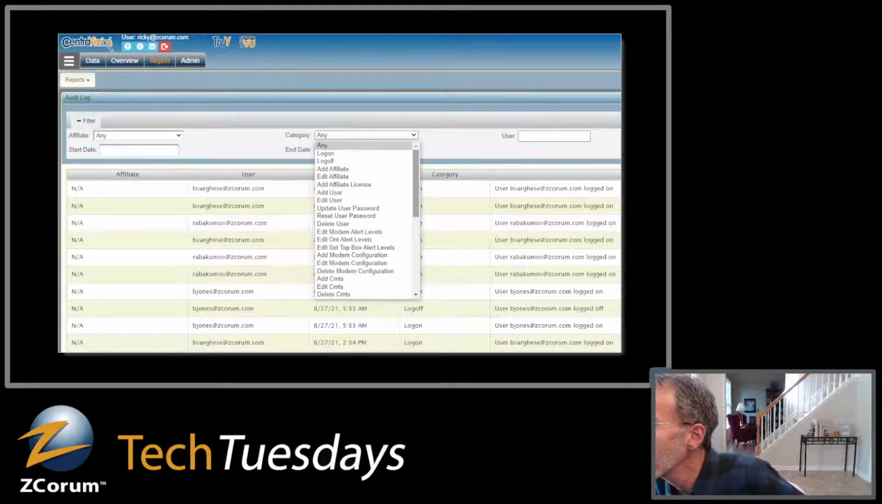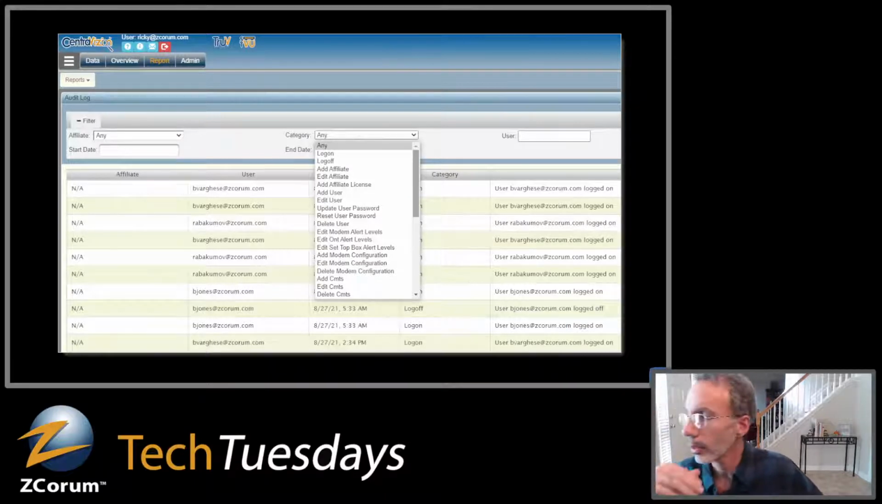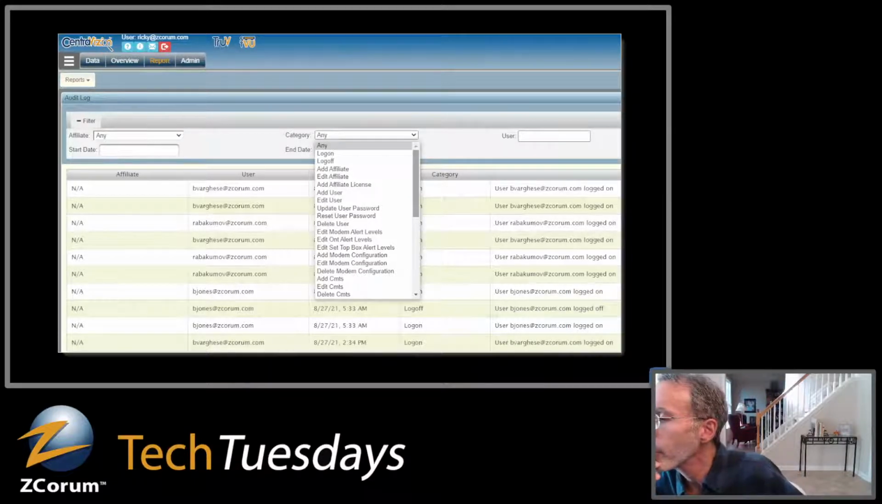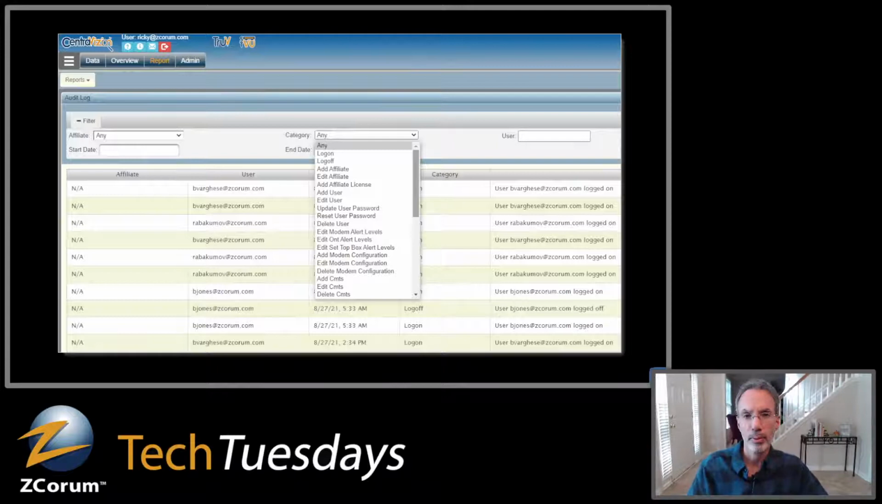Add affiliate and something else affiliate, that would be for us. That's not going to show up in yours. You've got add user, edit user, update passwords. If you change CMTS, some of the configurations in the CMTS, that kind of thing, it's all going to be